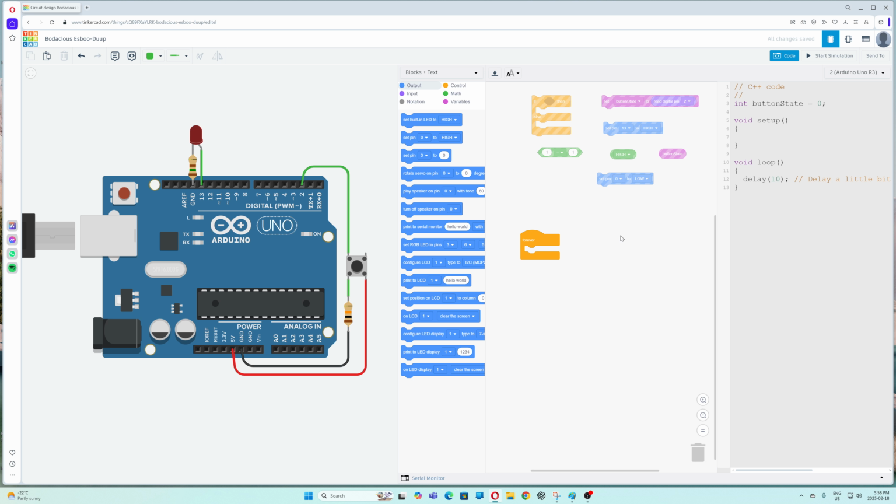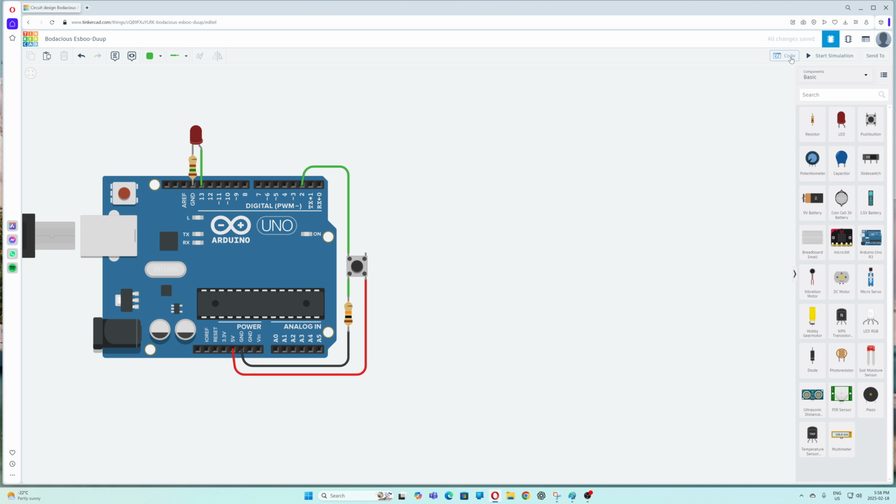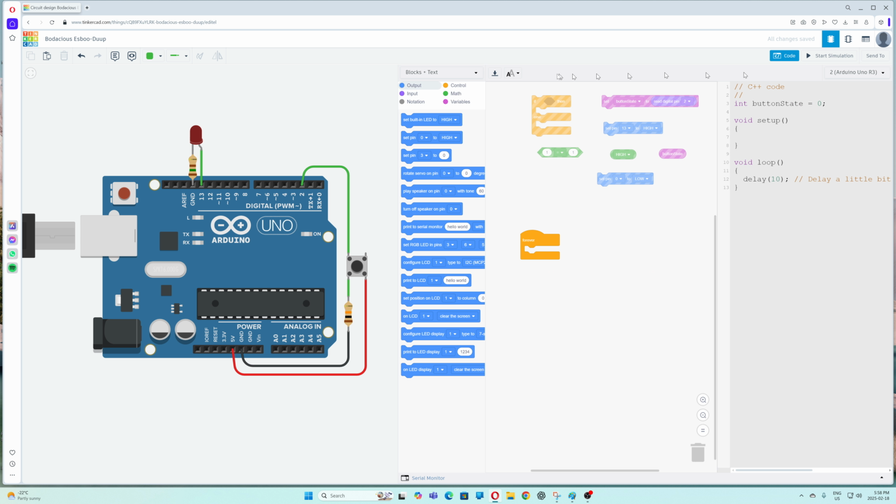Okay, so this video is going to be taking a look at using an Arduino with a button and having an LED on the side, and when you press the button it's going to light up the LED. So if you go to your code, let's open your code. If I open up my code and change it to only blocks,